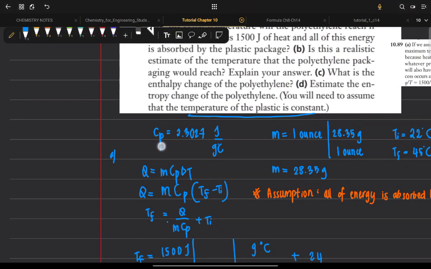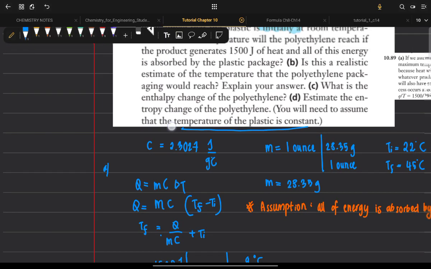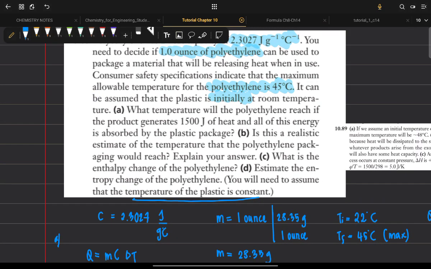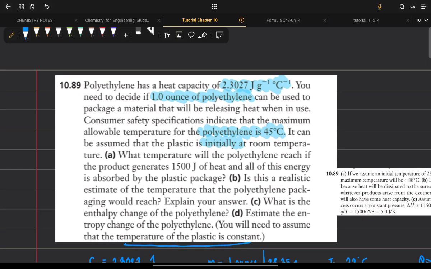Okay, we start with C. We start with the questions first, and then I explain further. So, polyethylene has a heat capacity of 2.3027 joule per gram per degree Celsius. You need to decide if 1.0 ounce of polyethylene can be used to package a material that will be releasing